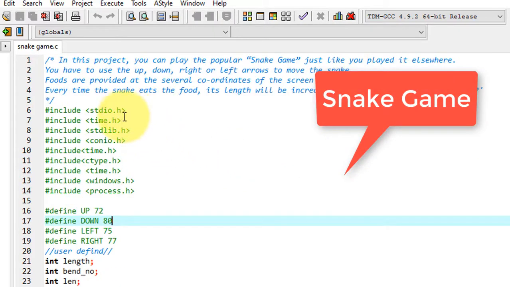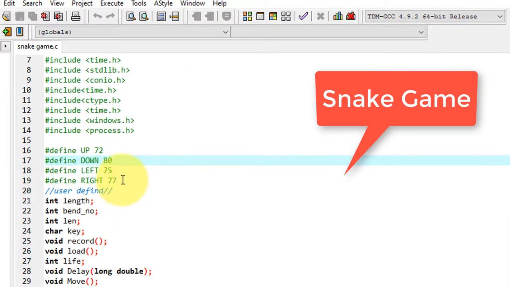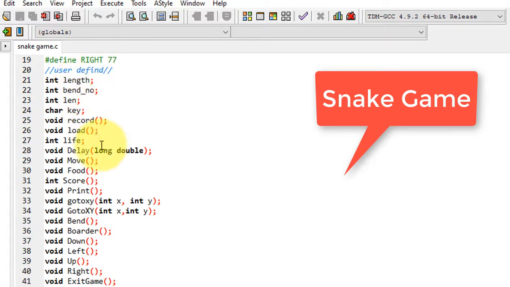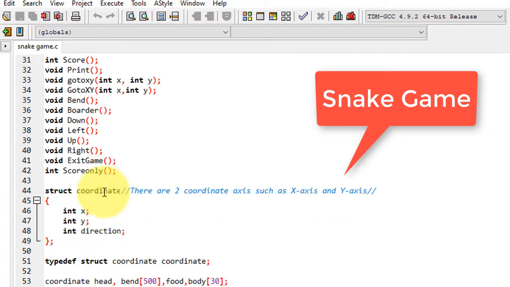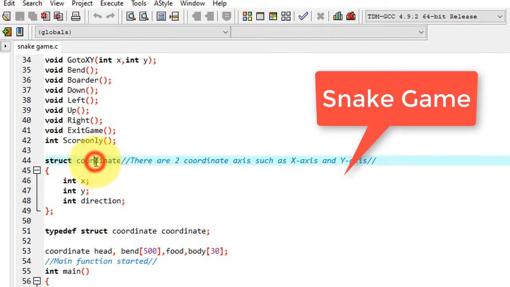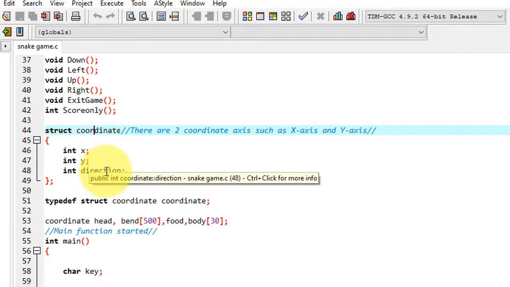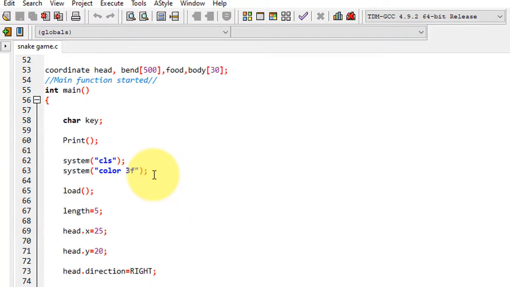So these header files are used here, and some macros are defined here: up, down, right and left. These are all the user defined functions I have taken in use here. And one structure is taken, with coordinates x, y and direction.